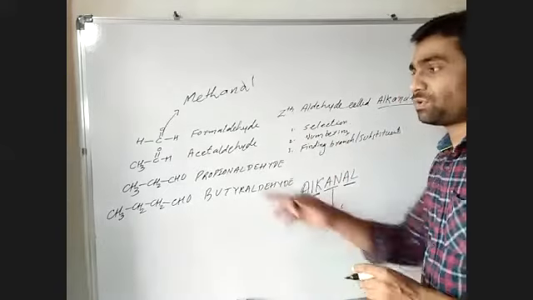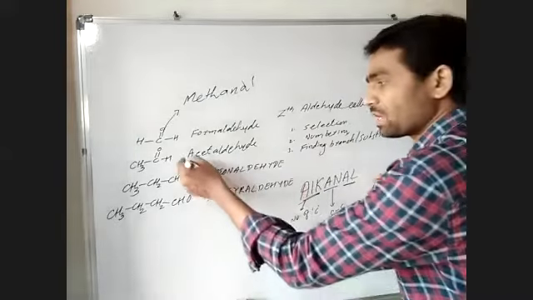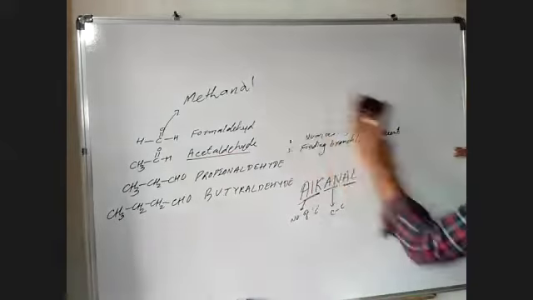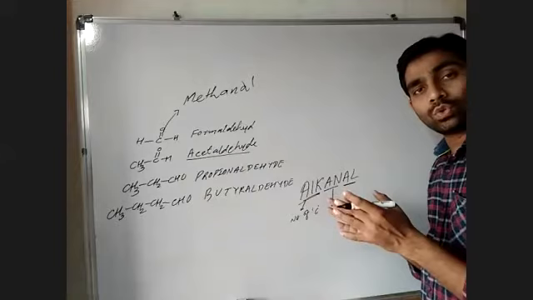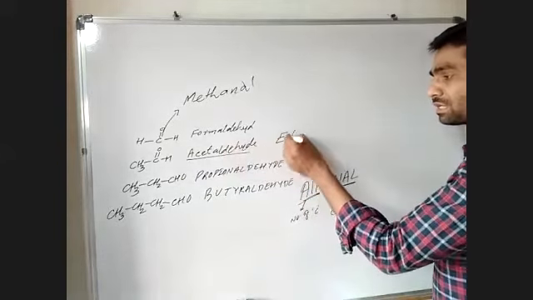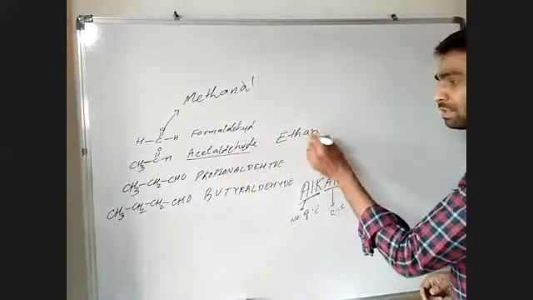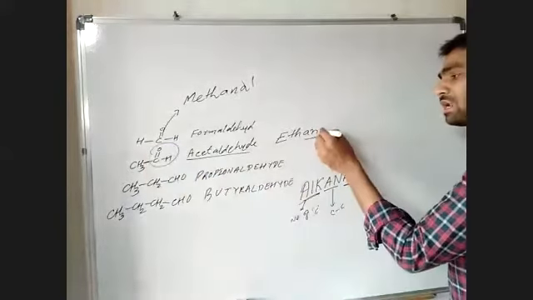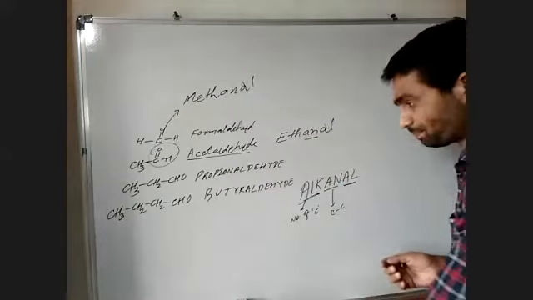Right? If you go for this one, what is this name? This is called acetaldehyde. So what will be the IUPAC name for acetaldehyde? Apply the rule, and we know there are two carbons, so it is eth. There is a single bond, so ane, ethane, and there is an aldehyde functional group, ethanal, and that's all.